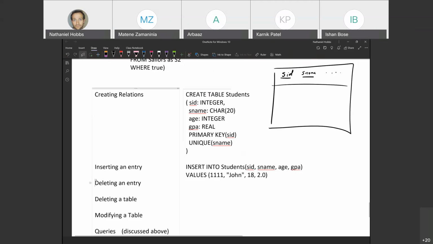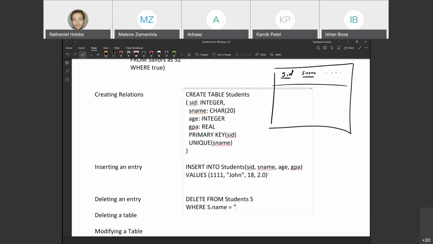It's an example of how to insert. Deleting an entry is pretty straightforward as well. Delete from, and then the name of the table. For example,